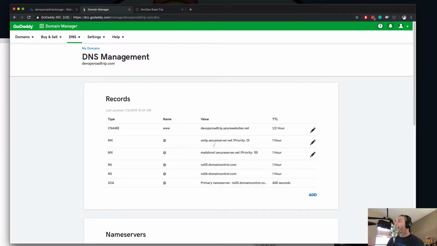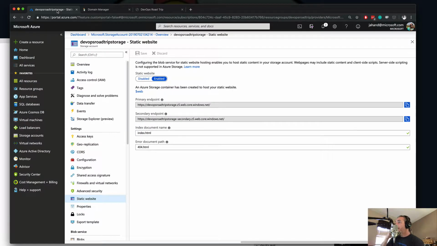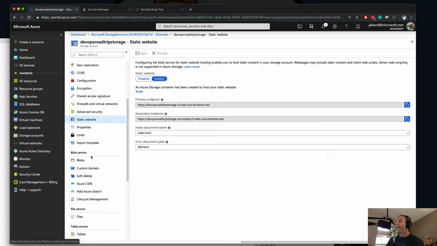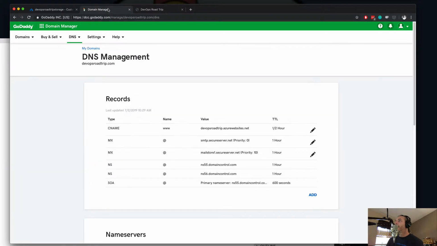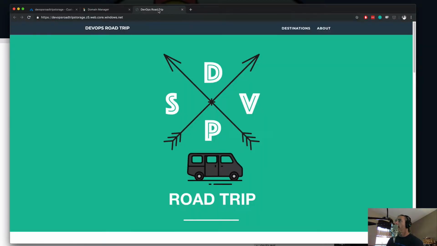And then I've also got my GoDaddy account up because I'll need to make some changes to the DNS eventually. Okay, the next step is if we go down to the custom domain, what I'm going to do here is, let me think about this, because I think the trick is that we actually need to create a CNAME first. And right now I have a CNAME because DevOpsRoadTrip.com was already being used. It was hosted as an app service. So it's currently pointing to that app service's URL. So I think what I need to do is